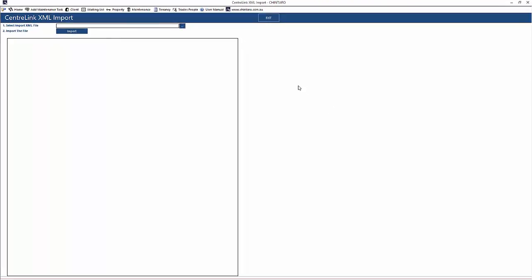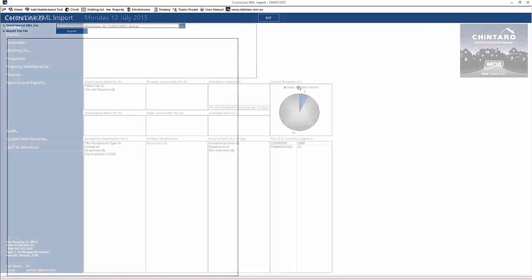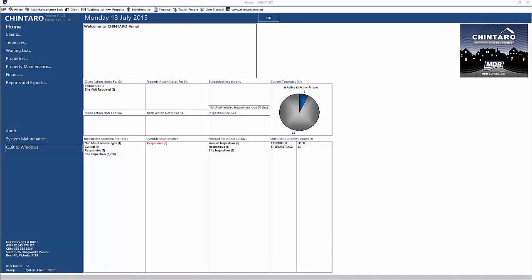Often this will be done before a rent review, but you could do this weekly if you wanted to ensure that everybody's income details are up to date. So we're going to leave the payment side of things there, and now we're going to have a look at